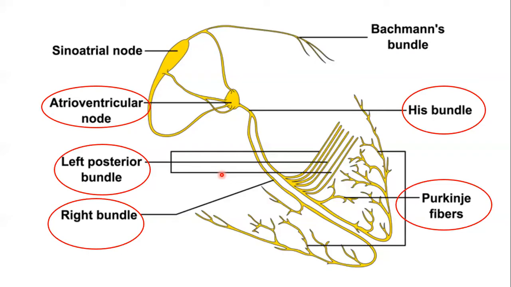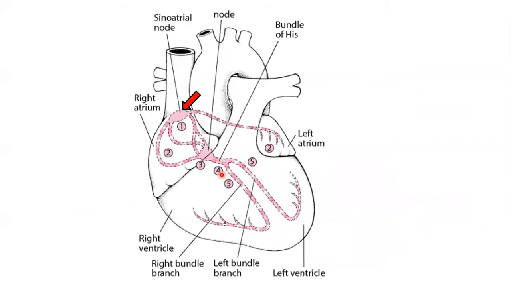Now let's see where this whole network is located inside the heart, as I just showed you these structures separately from the heart. The heart has four chambers. This is the right atrium, this is the left atrium, the right ventricle, and this is the left ventricle. So this whole network is present like here, surrounding the cardiac muscle cells. The impulse will be generated by the main pacemaker cells that initiate the impulses, because they are regulated without the nervous system, without the help of nerve impulses.